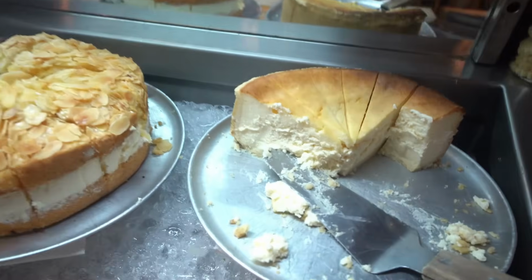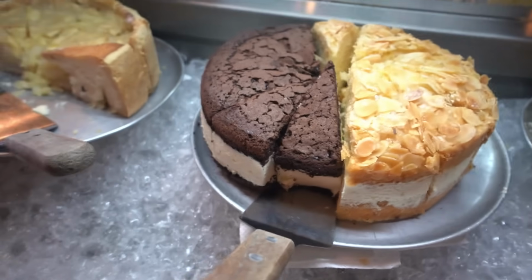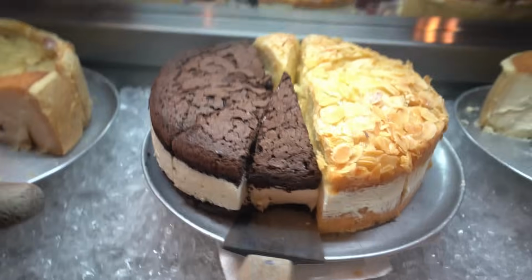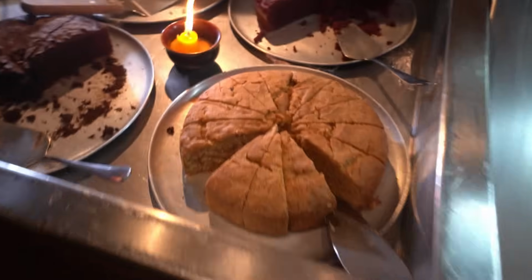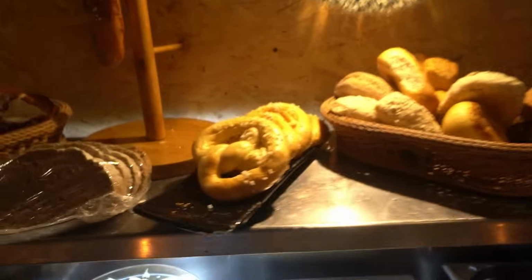Here we have some actually really nice looking cheesecakes. That's interesting. Yeah, that's some kind of a really nice cream looking cake. Wow, these look really good. The desserts look really good. Looks like yogurts and more cakes. Holy cakes, look at all these cakes. This is impressive. Wow, we even have pretzels. Wow, real pretzels,